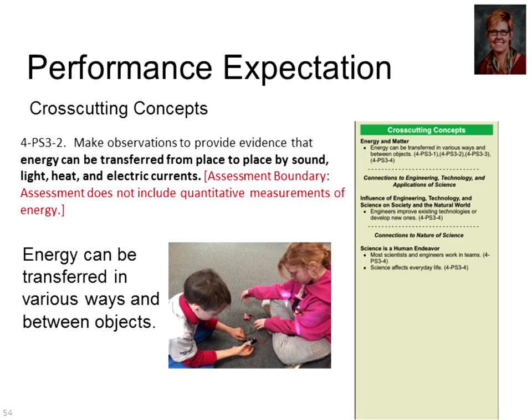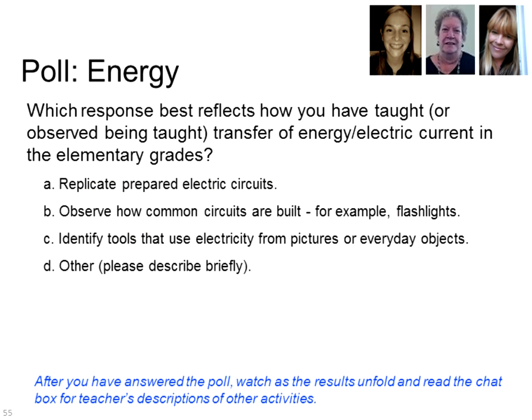But you could also think about other ways that you think about energy transfer in physical and earth science and life science. So these cross-cutting concepts are really those ideas that move across all 3 disciplines of science, and they're critical for helping kids to really understand how science works and what those big ideas that are common in all the sciences are. So in our case tonight, the cross-cutting concept would be about energy and the transfer of energy.